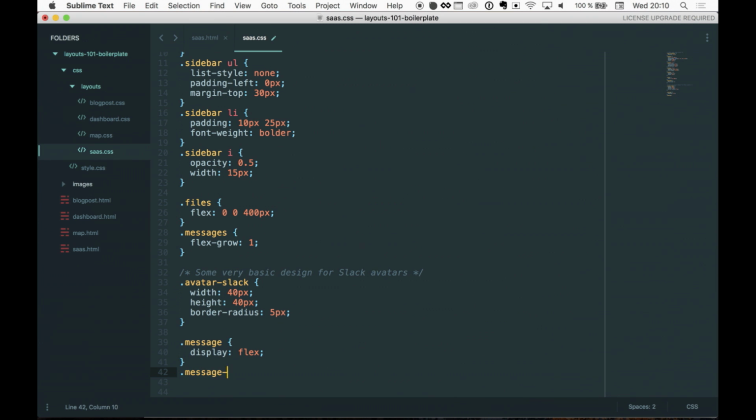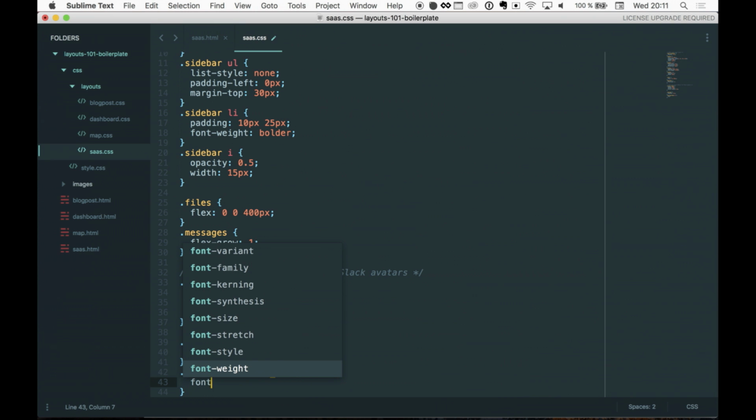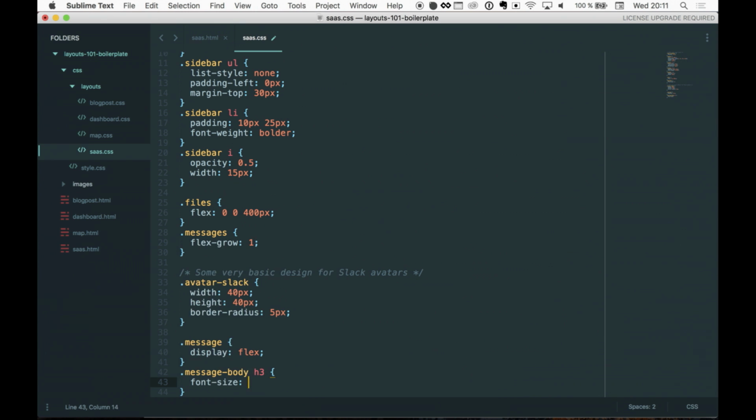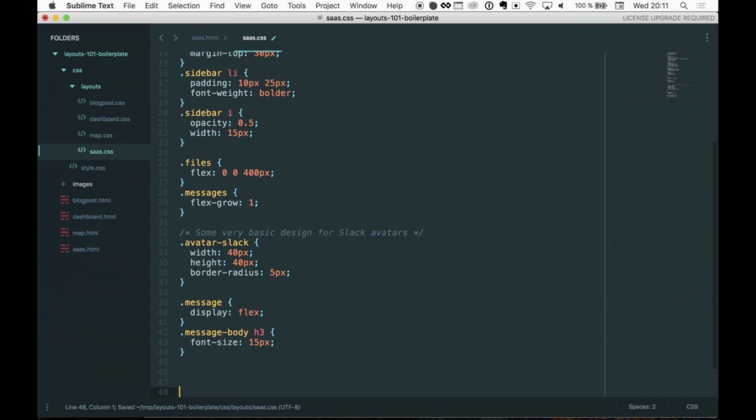So if I select in the message body, the right column, the H3, maybe I just want it to be smaller because it's a big H3. I just want to make it font size 15 pixels. And also, bless you,